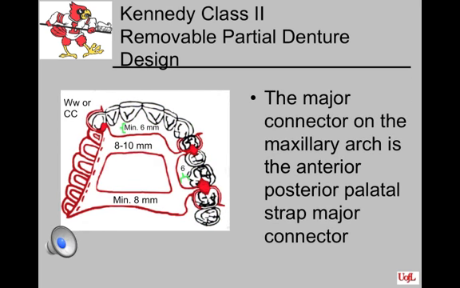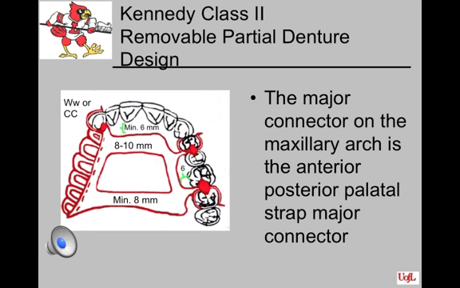The major connector of choice on the maxillary arch is the anterior-posterior palatal strap. If we avoid the anterior plating, the borders of the anterior strap must be placed in the valley between the rugae to create a smooth transition between the metal and the tissue. We should also keep the anterior border away from the speech zone. The strap must be a minimum of 8 to 10 millimeters in width. The posterior border of the posterior strap must not be posterior to the vibrating line, and it too should be a minimum of 8